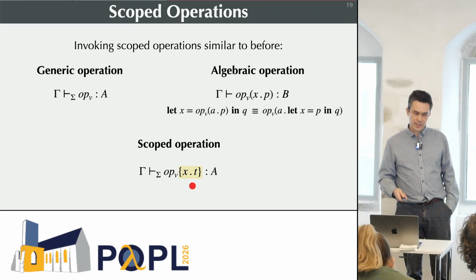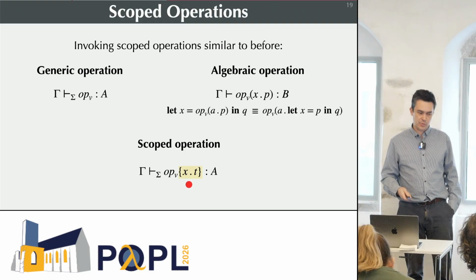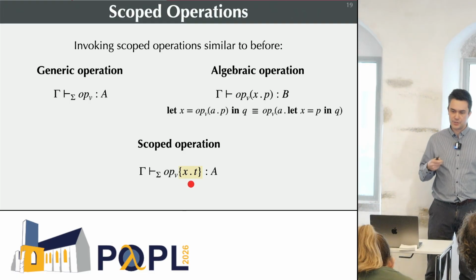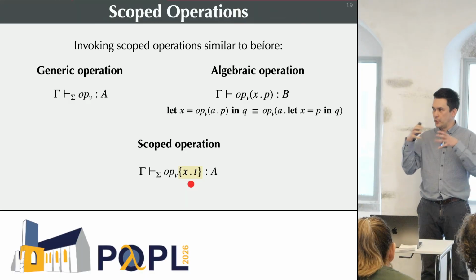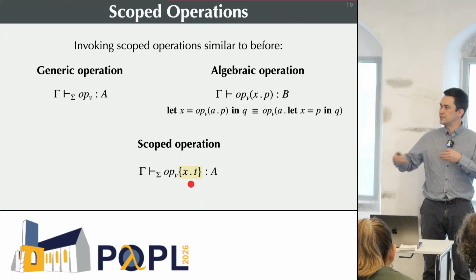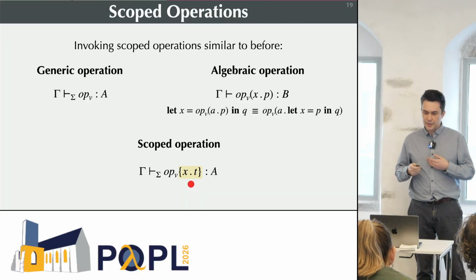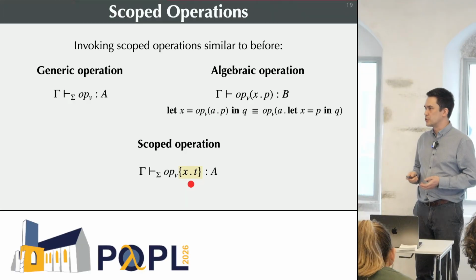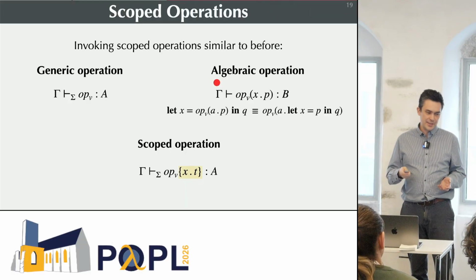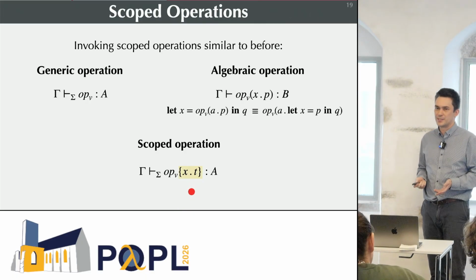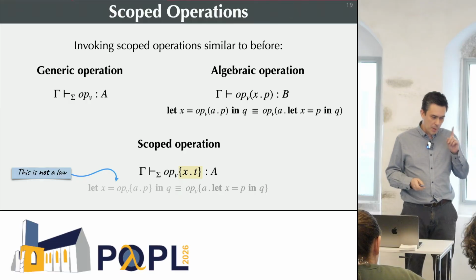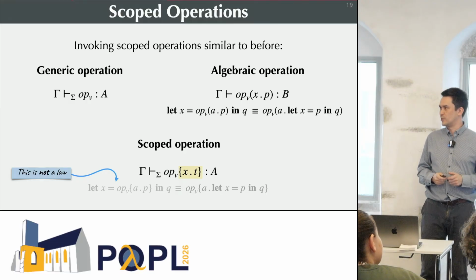The scoped operation is different, right? The scoped operation has this parameter here, which denotes the sort of continuation of programs that you want to handle before you continue after this operation. And I think some of you will validly say, hang on a minute, you're just playing tricks here. This is exactly the same as the algebraic operation. All you've done is changed the brackets, right? That's not a sensible distinction to be making. My point is that actually this is not a law, right?